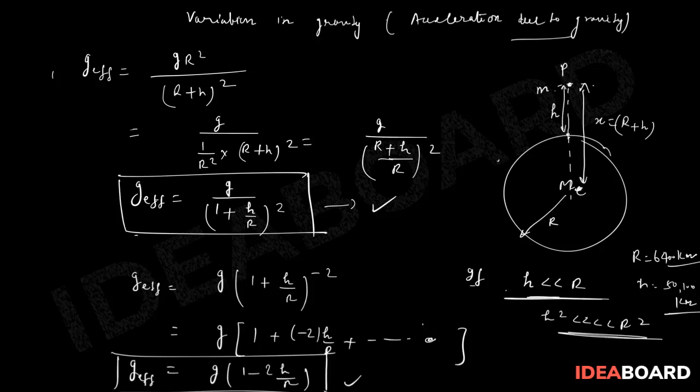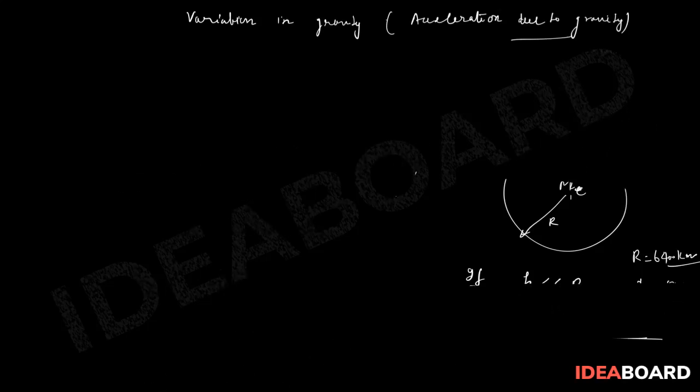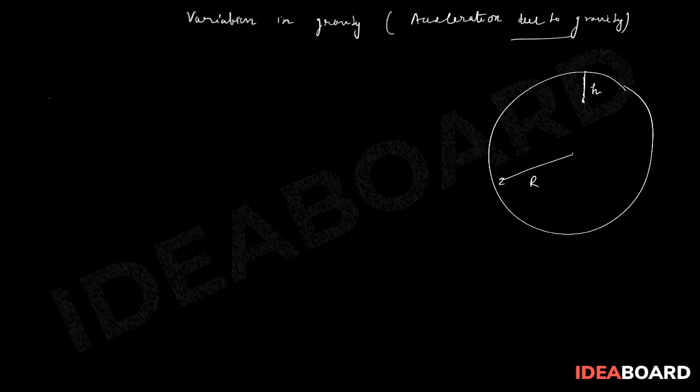Now I can also discuss what happens if we go below the surface of the earth. So let me remove this, and then we will be discussing below the surface, correct? So now let us have the diagram that this is our earth and this is the center of the earth. Let's say radius is R. Now there was a particle on the surface. Now this particle goes a certain height h below the surface. So now the particle is here.